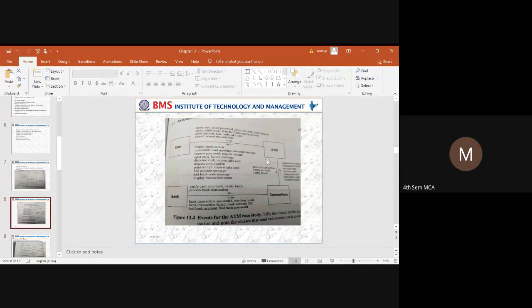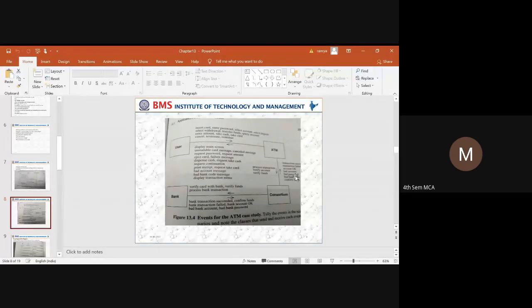consortium? It will process the transaction for the consortium. It will ask the consortium to verify the fund and verify the account. And what will the consortium do? The consortium will identify the confirmation of the fund. If there is any bad bank code, that is, the bank code may not be relevant.